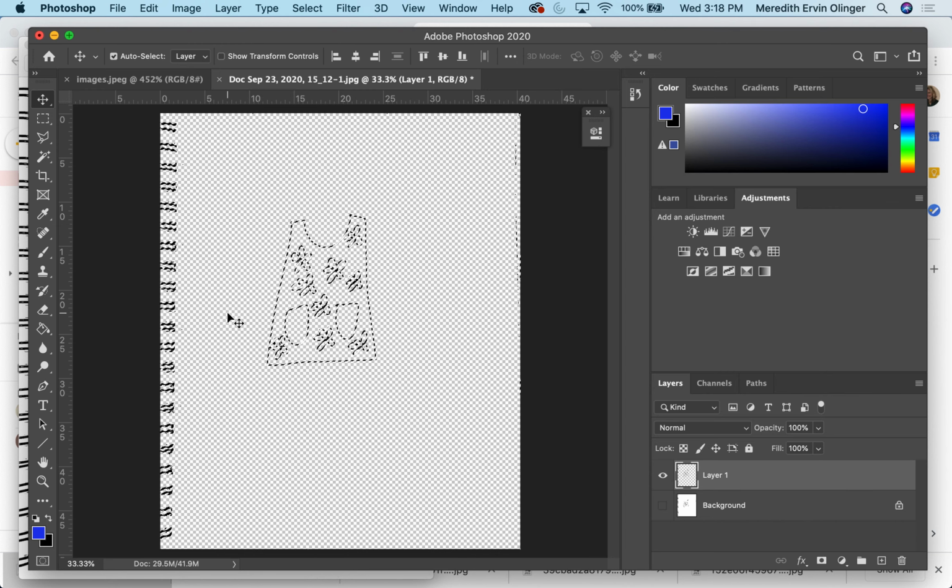press Command Delete, which is fill, it defaults to the background color. So I'm gonna press X, and it's gonna swap those two. So I'm gonna try again, Command Delete, and now it's blue. Okay, so let's go to select, deselect. Okay, so now I have this little blue drawing, and I think the blue kind of gives it a little